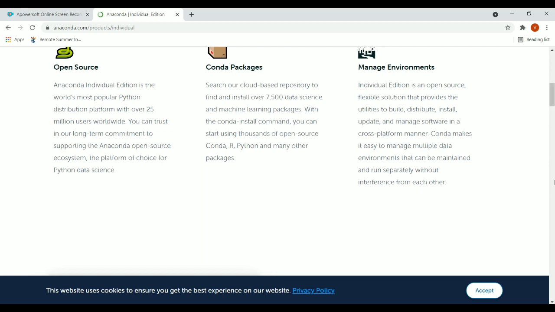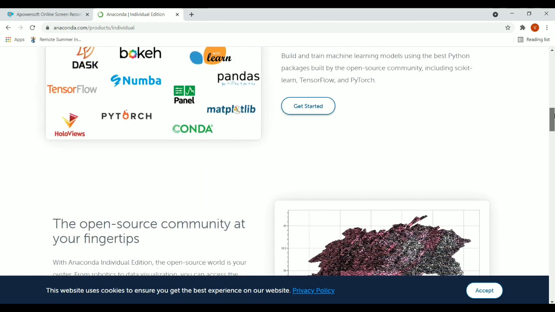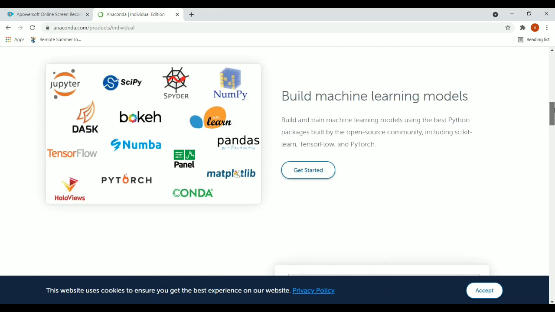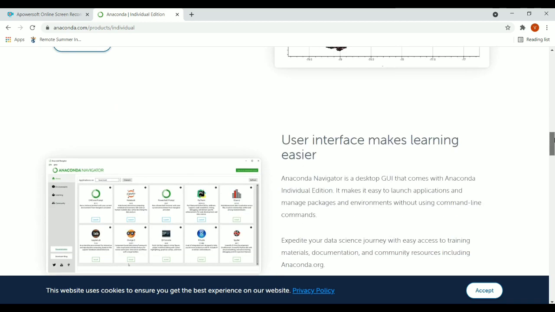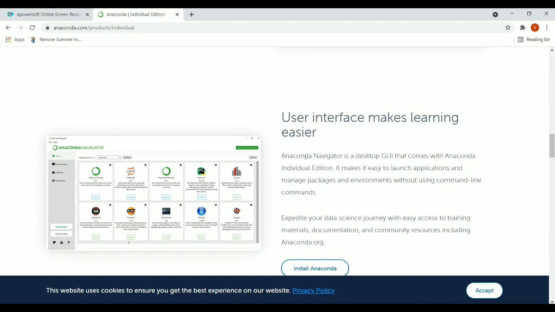Anaconda is best because it has different options. It provides you the option of PyCharm, Spider, Matplotlib, NumPy, Jupyter, as well as multiple other options such as Jupyter Lab, Jupyter Notebook, Spider, and R Lab.